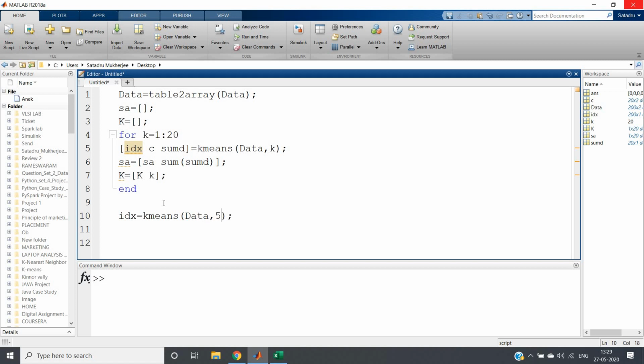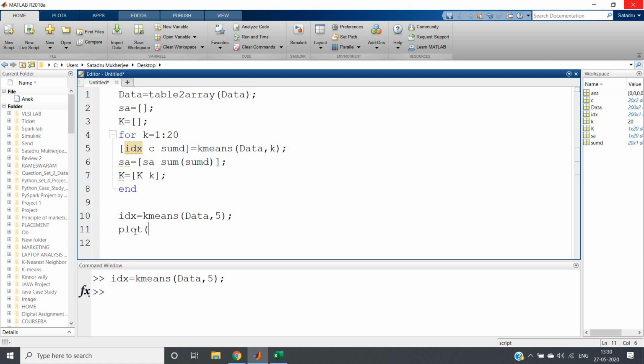Only 5 we require. Okay, and now let us evaluate this one. So our index positions we have achieved. Now what can we do? We can simply plot our data.